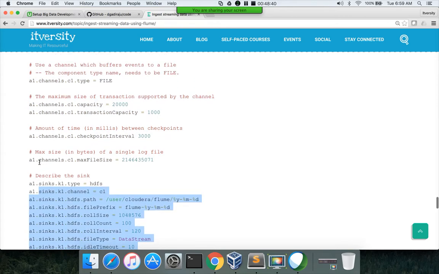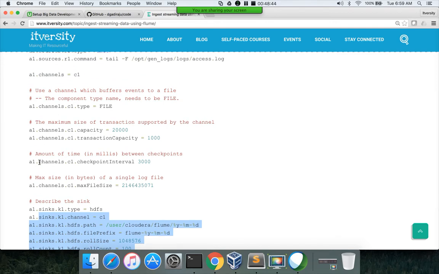So what's happening is, when I run start logs, it is generating some logs, and those logs are being pushed to channel. And in channel, the capacity is defined as 20,000, transaction capacity as 1000, and checkpoint interval as 30 seconds.